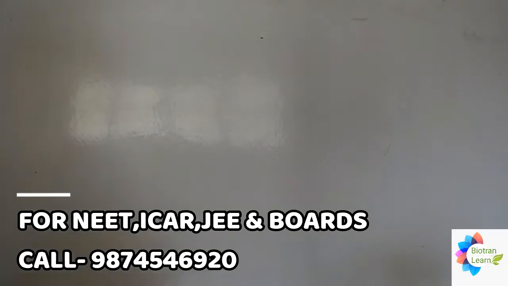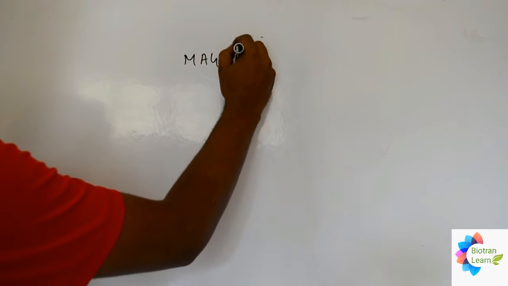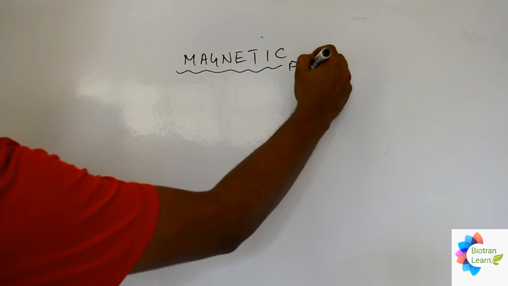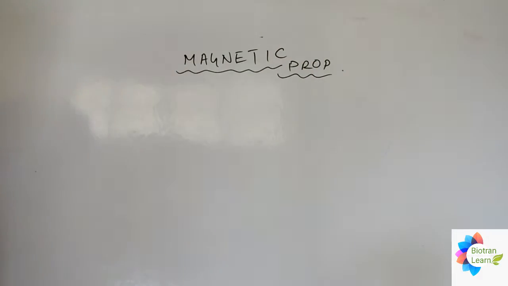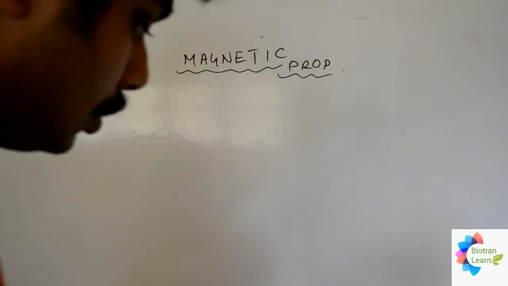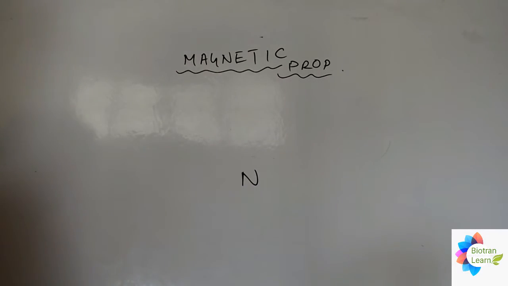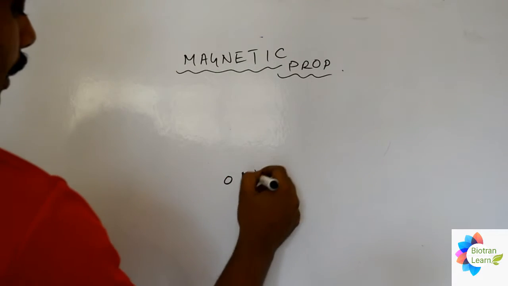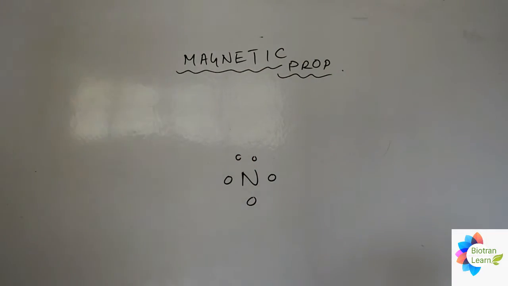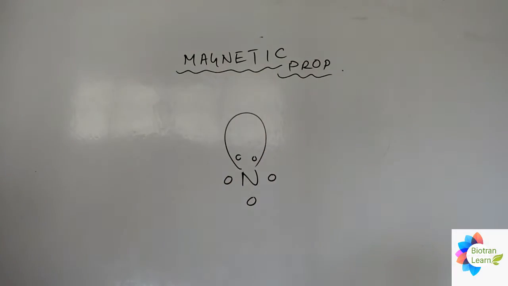Now in this particular section we will see the magnetic properties. Magnetic properties, right? So in case of magnetic property, how does the magnetic property work? Suppose we take nitrogen. Nitrogen contains 5 electrons in its outermost shell. So in case of a 5 electron containing compound,